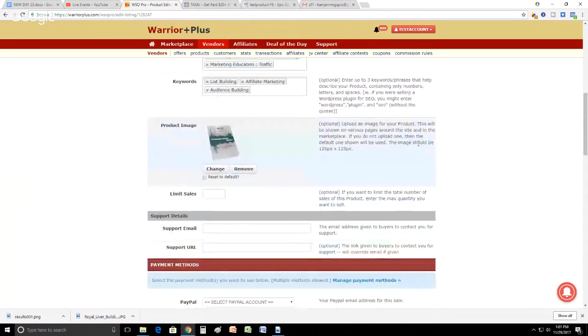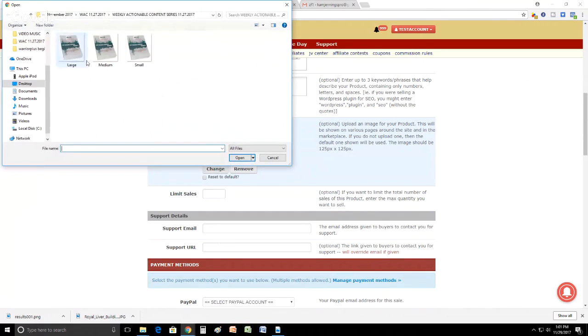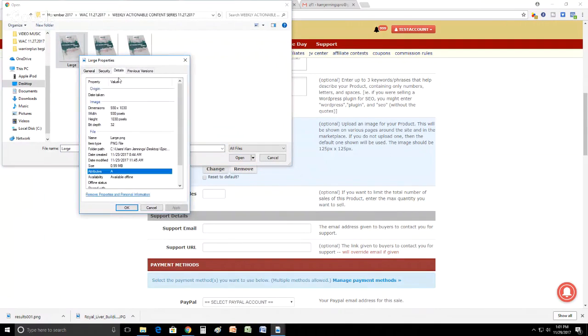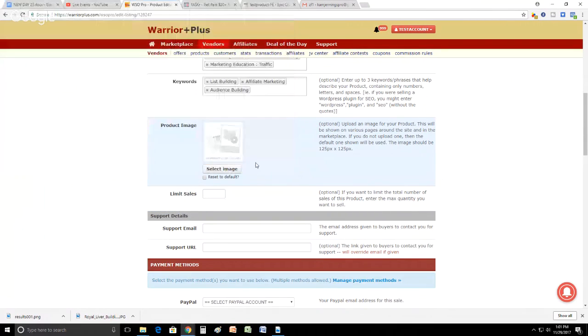Okay, you see the image should be 125 by 125. It doesn't seem to matter too much. Like that image I just put in there wasn't 125 by 125. If we look at that, it was 930 by 1030. So I don't know, you do the math. They say they want it to be 125 by 125. But anyways,